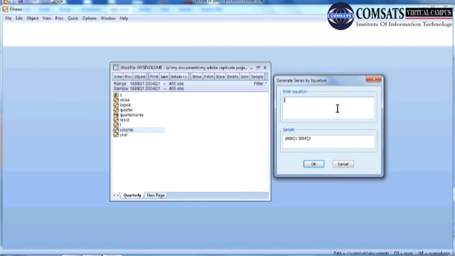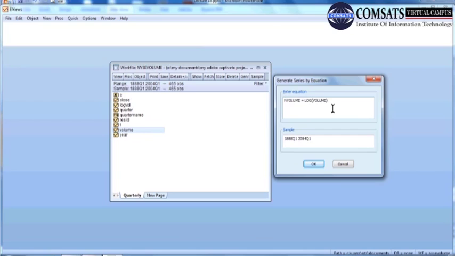For example, the new variable which I want to generate is nvolume, new volume, and this new volume should be calculated by taking the log transformation of the variable volume.